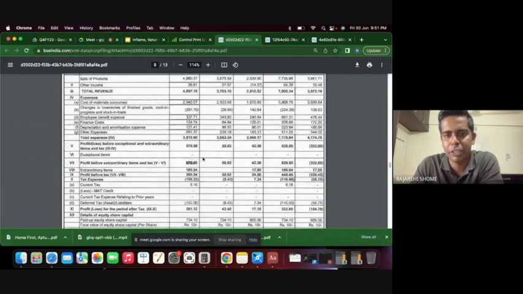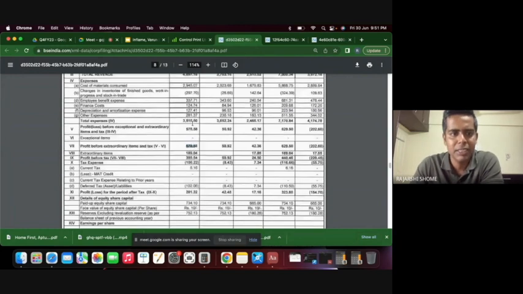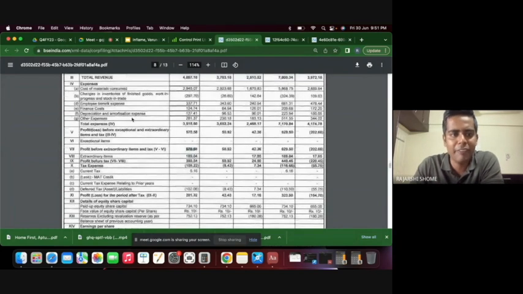Even if you look at, say, for example, things like employee benefits, right? 240 से 337 हुआ. So employees are also not exploited in this business. Second is, of course, finance cost, which is also pretty stable on a YOY basis. तो ऐसा नहीं कि finance cost has taken a jump. So everything is controlled. Like अगर आप देखोगे, these are the parameters that I check जब कोई result आता है